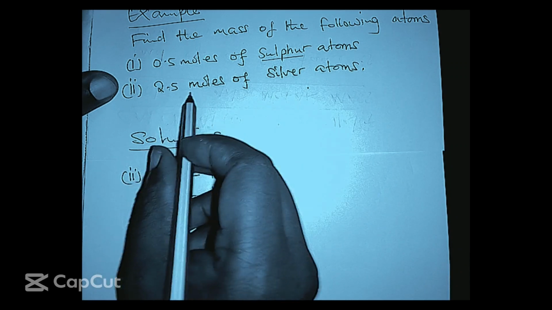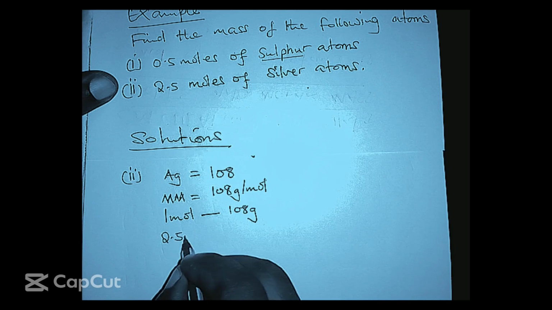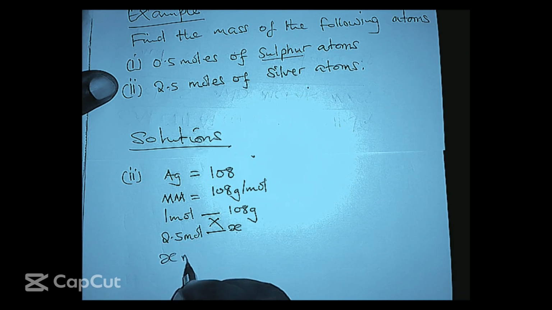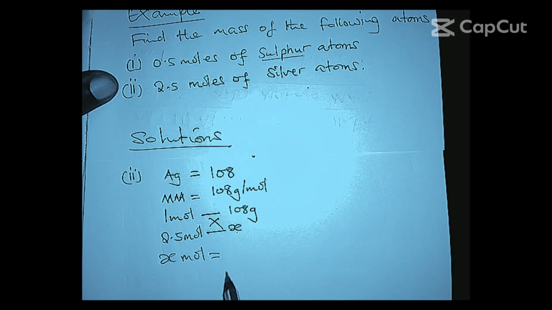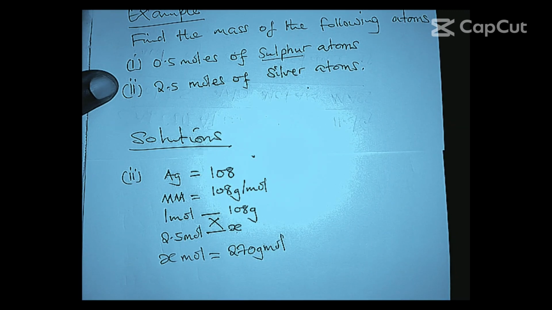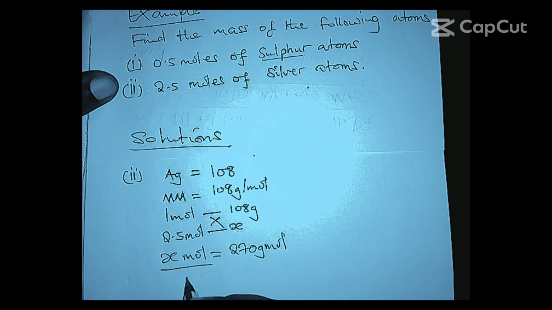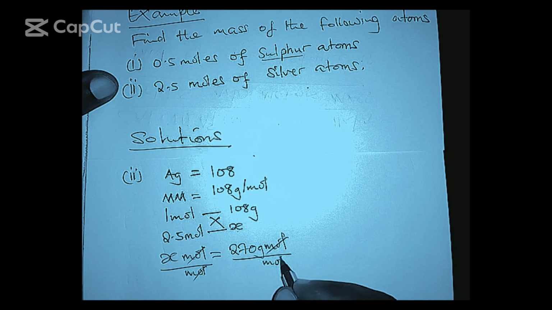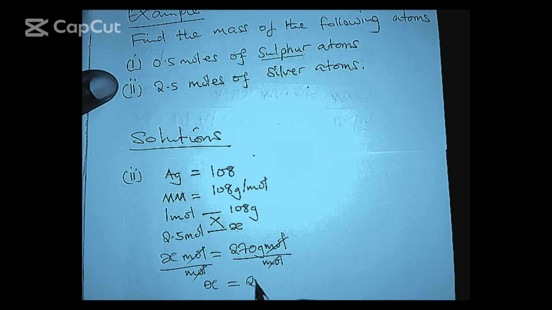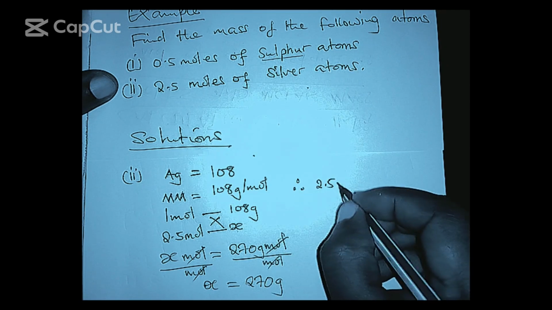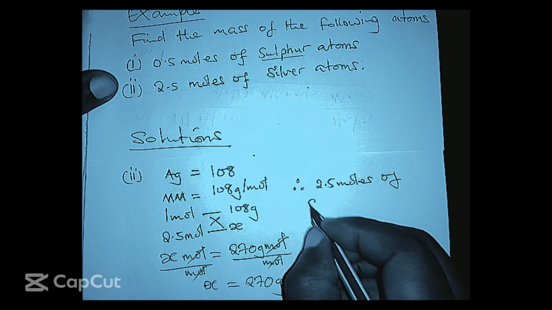So now we'll say, how about in 2.5 moles? So say, okay, 2.5 moles will give us X. So we'll find out X. So we'll cross multiply. So X times this will get X mole equals 2.5 times 108 will get 270 grams, then this mole will follow. Then we want X not mole, so divide by mole, equally this side by mole. So mole goes, even here it goes, so remain with X is equal to 270 grams. So say therefore in 2.5 moles of silver,